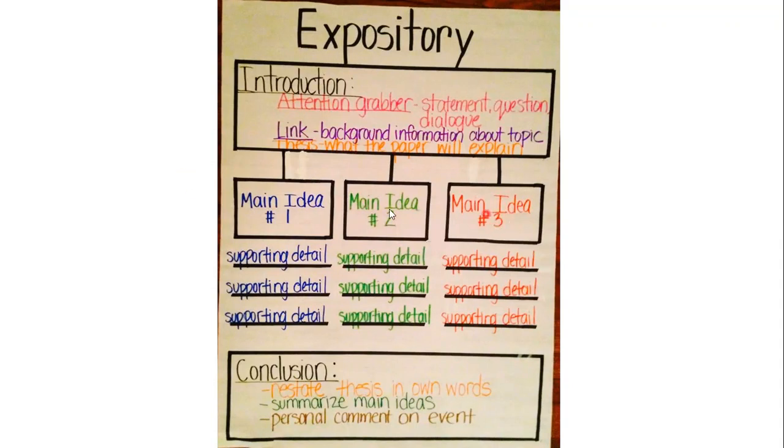Every paragraph should have one specific main idea, and I write all the details. For example, one similarity, another similarity, and here the differences if I'm comparing and contrasting. But I told you I want 2 paragraphs, so you can write the similarities in one paragraph and the differences in another paragraph. Then the conclusion, which is the last paragraph,